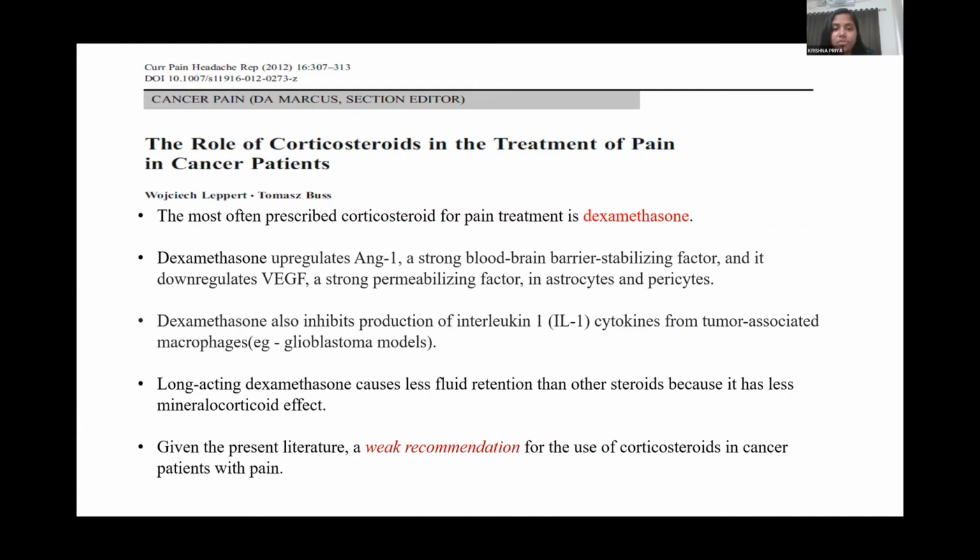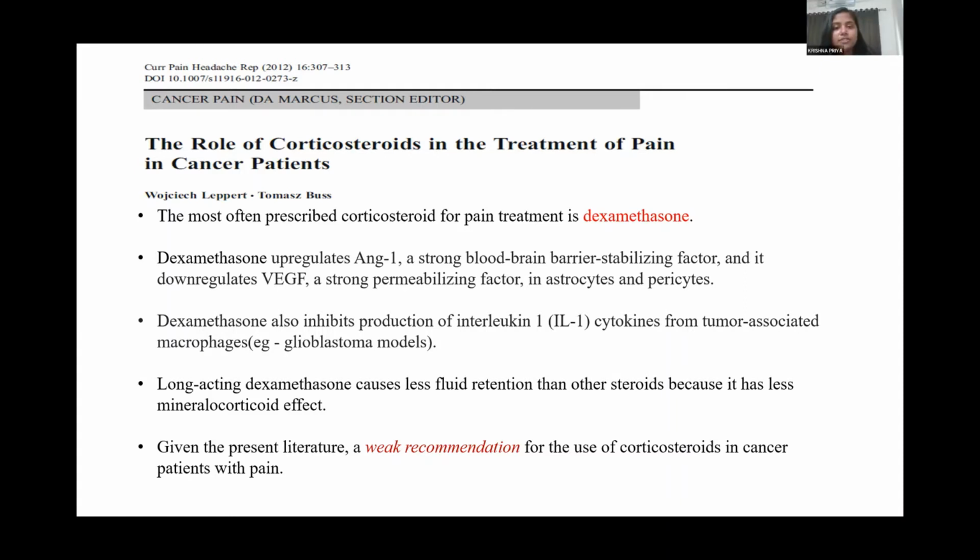So coming to the role of corticosteroids in the treatment of pain in cancer patients. Just a second. I would like to reinforce that corticosteroids are very attractive agents, but they have been classified as multi-purpose drugs. They have efficacy in many types of pain. Neuropathic pain is just one of them. They are mainly used in capsular stretch pain, duct obstruction, or for the anti-inflammatory effect. Even in bone pain, they are effective. So for their role in neuropathic pain, they have to be carefully selected and used. The duration of usage and selection of agent is very important, and we'll show the evidence.